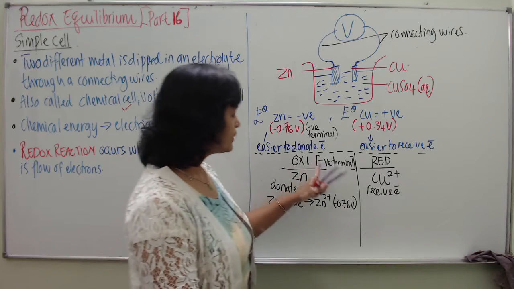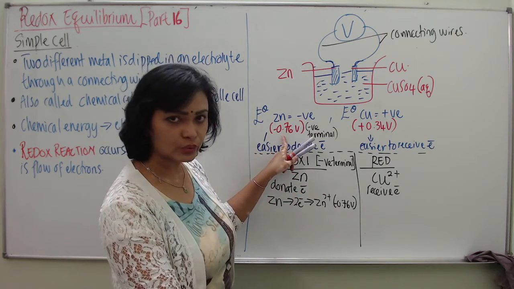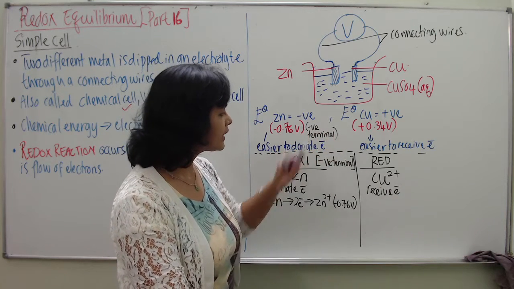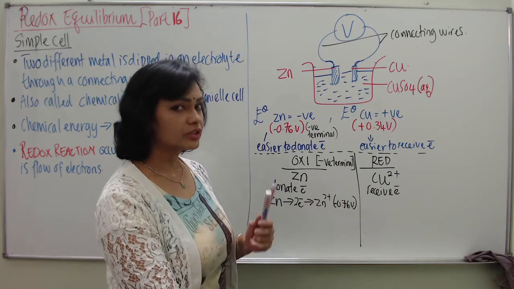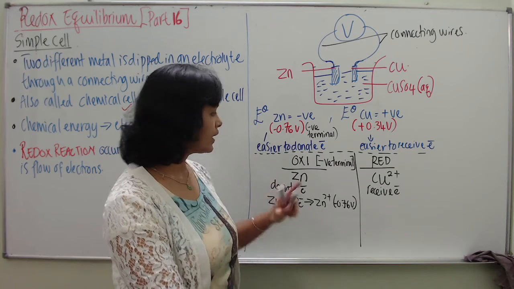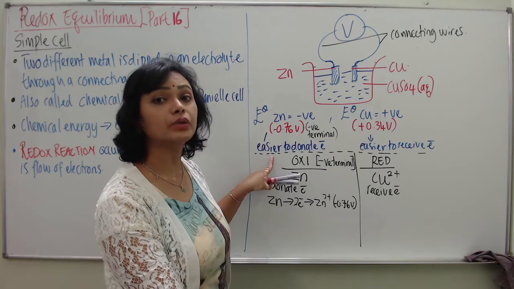Now please remember that since zinc gives a negative value, zinc becomes the negative terminal which undergoes oxidation. Please remember, in simple cell, negative terminal always goes through oxidation thanks to the ability to donate